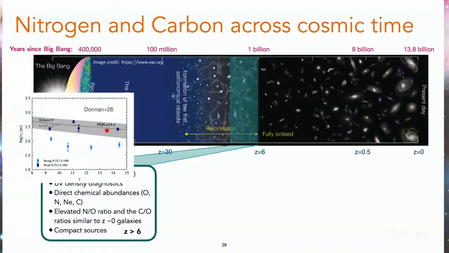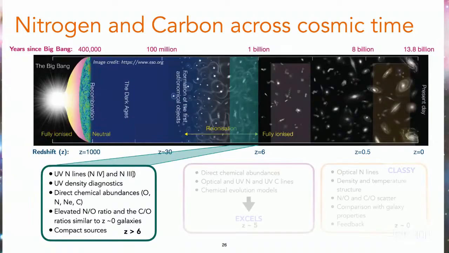Here, this is a diagram also from Colin Donnan. He showed this galaxy that they expected to be at higher redshift, but they showed completely no emission lines. And they showed this plot saying that strong nitrogen IV lines are in more compact galaxies, and they are absent in the more extended objects. They still need to do more analysis, maybe add more sources or more data, but it seems this trend goes in that direction.